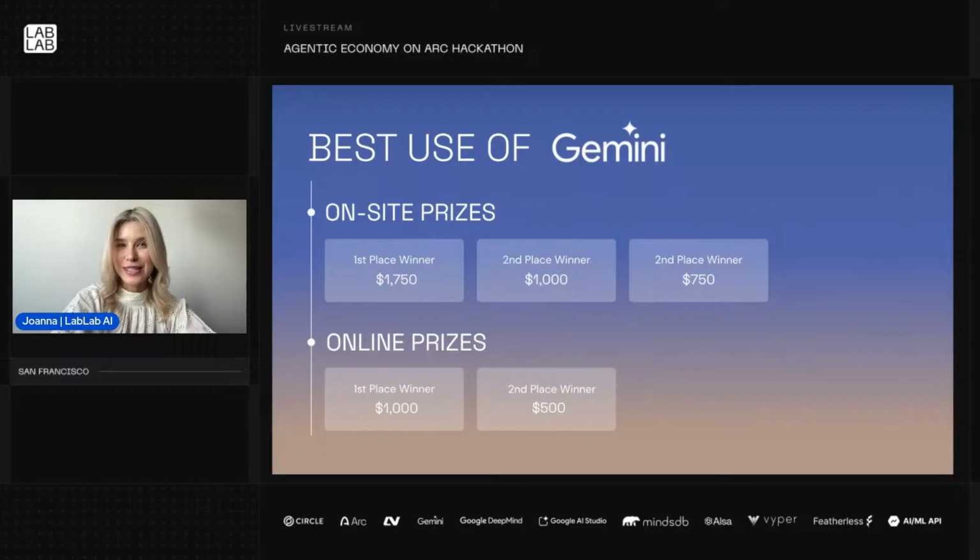The second place winner is getting $1,000. And the third place winner is getting $750. And for the online teams that use Google DeepMind technologies the best and stand on the podium, the first place winner gets $1,000 in prizes, and the second place winner gets $500 in prizes.